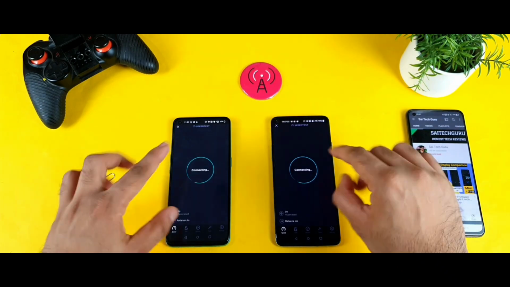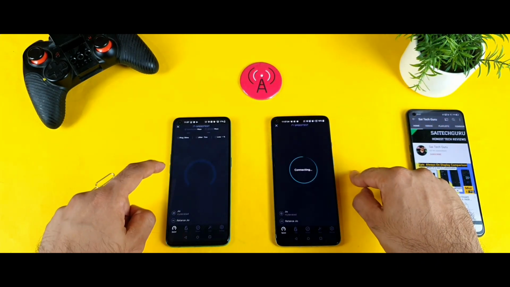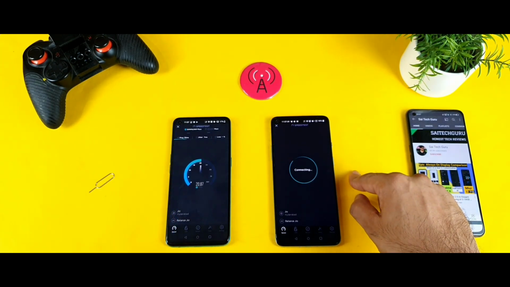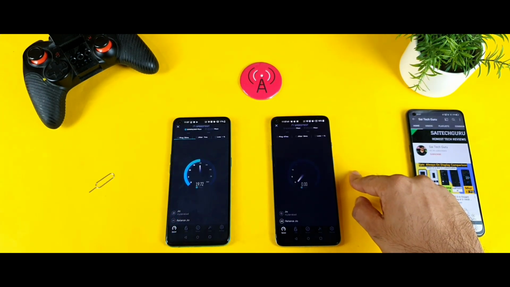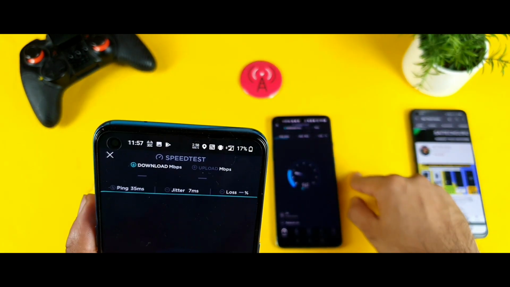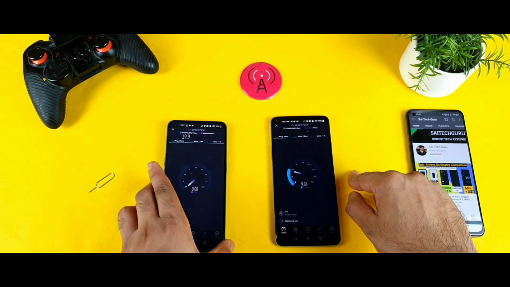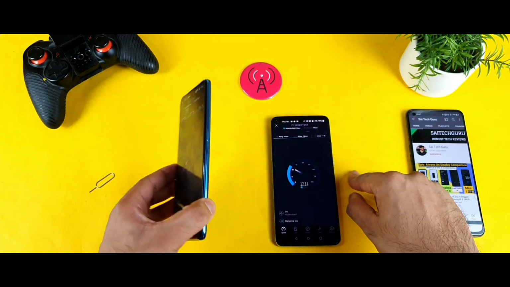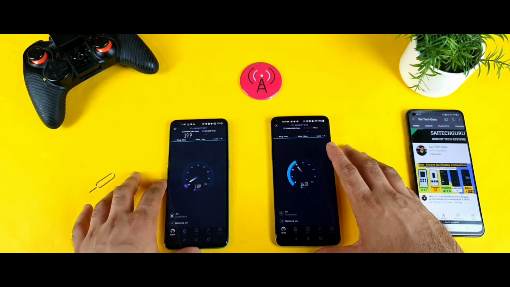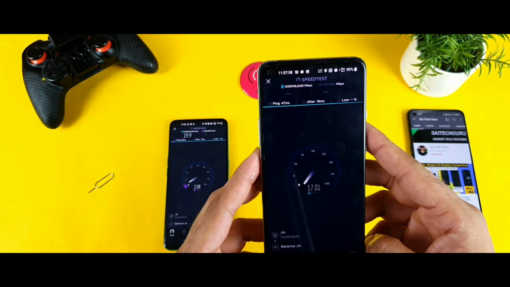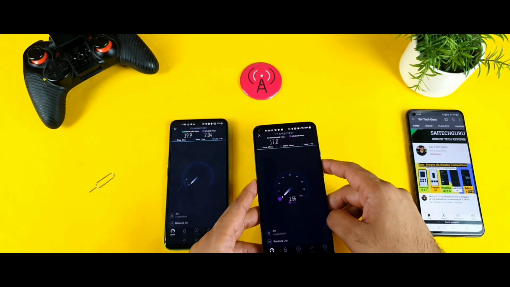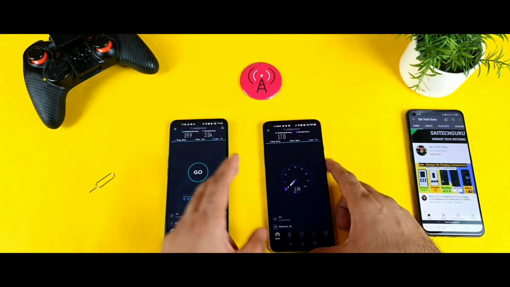So I tapped on both phones at the same time, and first in the OnePlus Nord, it's getting the server. As you can see, it went up to 21 Mbps of speeds. That's really great. 21 Mbps of speeds I'm getting friends in the OnePlus Nord CE device. It's fantastic. 19.9 Mbps of speeds in the OnePlus Nord CE. And in the OnePlus 9R I'm getting speeds up to 15 Mbps. That's also good, not bad. 17 Mbps of speeds. That's also great, no issues. So upload speeds are kind of close to each other, nothing much difference.